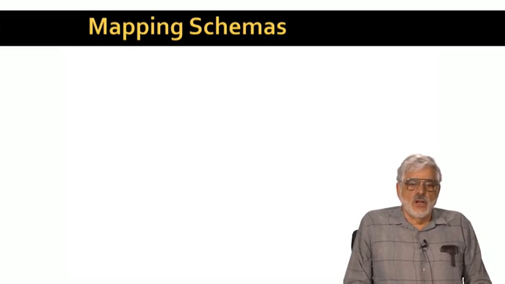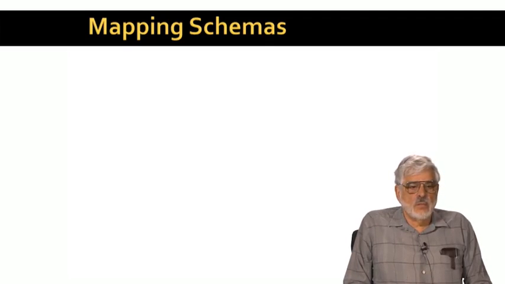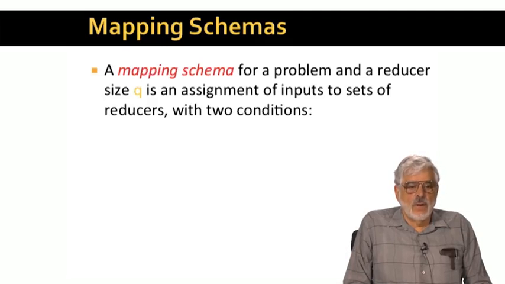We can't do that in general, but for many interesting problems, we can abstract enough of what any MapReduce algorithm can do that it is possible to make some useful claims about how much replication is needed. So let's define a mapping scheme for a given problem and for a given reducer size q to be an assignment of each input to a set of one or more